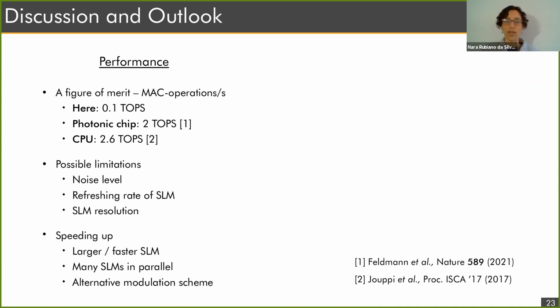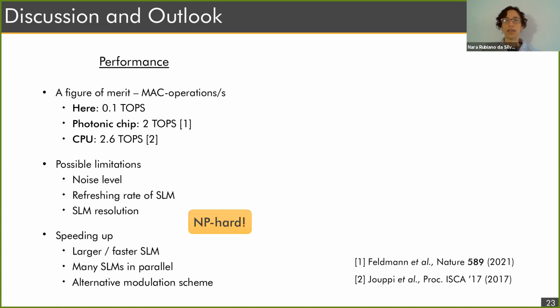Another way would be to take an alternative manner to modulate the light beam, instead of using SLMs to encode the matrices and vectors. One could use a different and maybe faster, maybe more powerful way to modulate the light beam and still use the same general idea of our approach, but just replacing, let's say, one unit in the optical setup I showed, that would be the SLM, right?